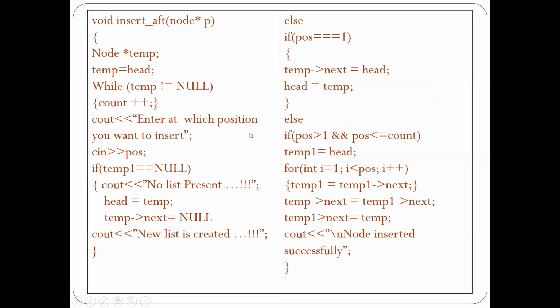So this we can do like this. I'll show you the code. Here, actually, I am going to show you two codes. This code is for what? If I want to insert at a particular position, I'm accepting the position from the user. This POS variable is nothing but the location, the second location or the third location or the fourth location, that I'm accepting inside this position variable. And then I'm just traversing the list till that position, and then I'm going to establish the link between the previous node and the next node for that position. So this is the code related to the position.